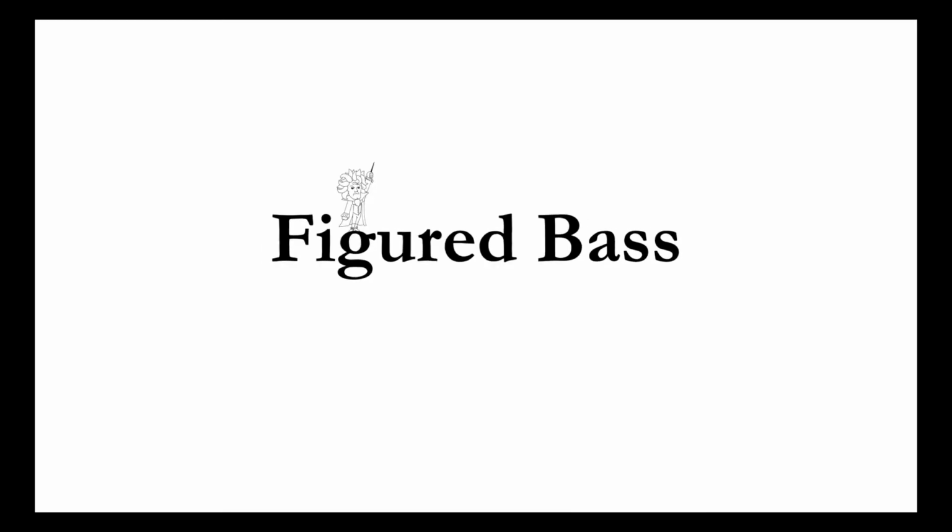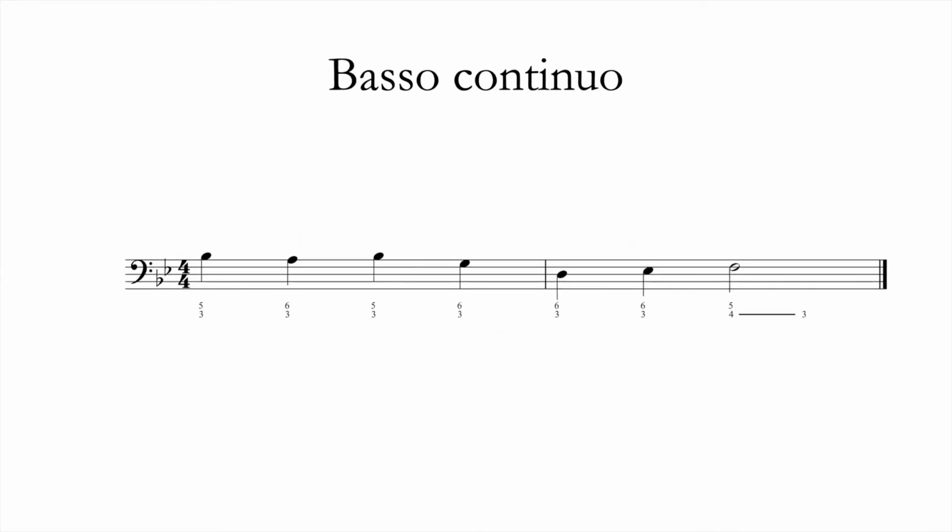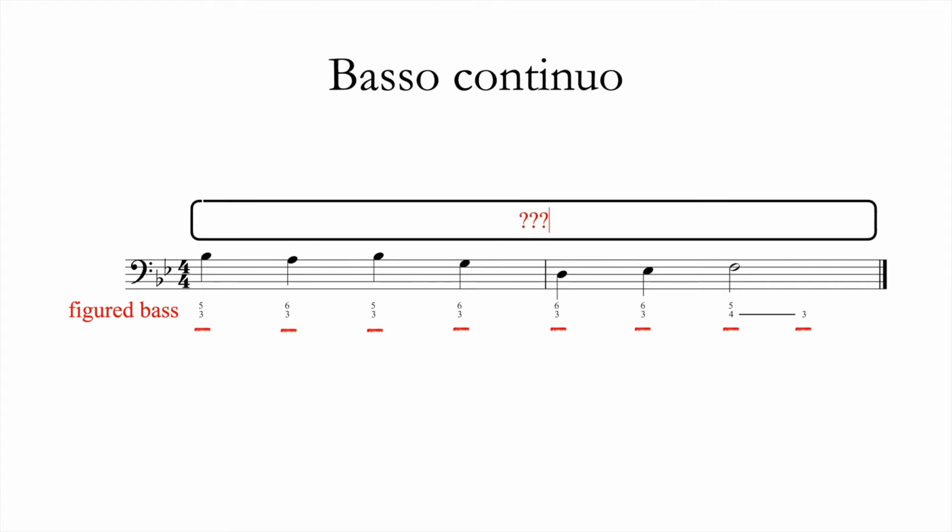In the Baroque era, it was common practice for a keyboardist to accompany instrumental music with what is known as a basso continuo. This part consisted only of a bass line accompanied by small numbers, known as figured bass. These numbers formed a shorthand telling the performer which notes to play above the bass. It was then up to the performer to decide how many of each note to play and how exactly to